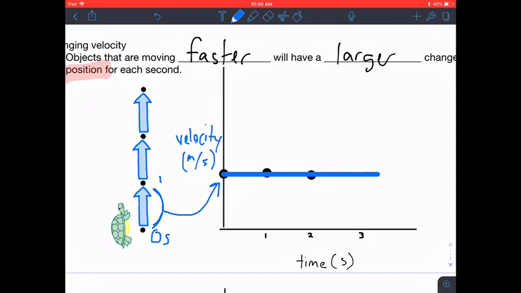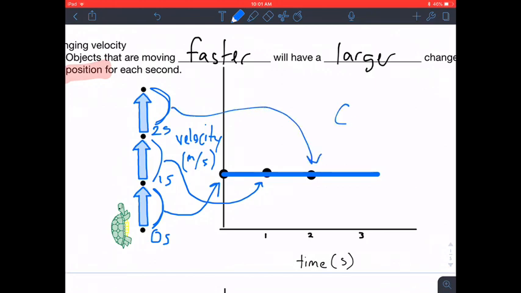Then for second 1, this is the velocity. And we'll see that that velocity is exactly the same. The turtle goes the same distance in the first second as it does in the next second. So you can see that this is constant